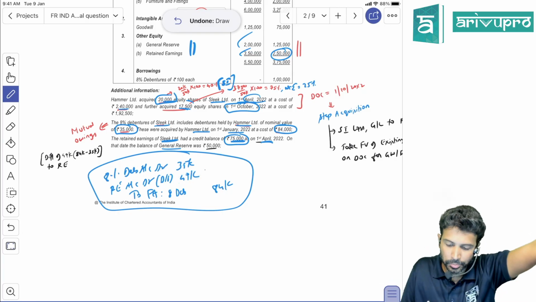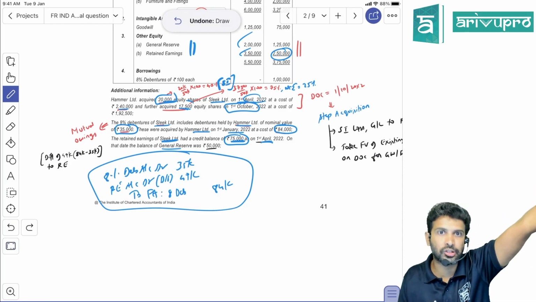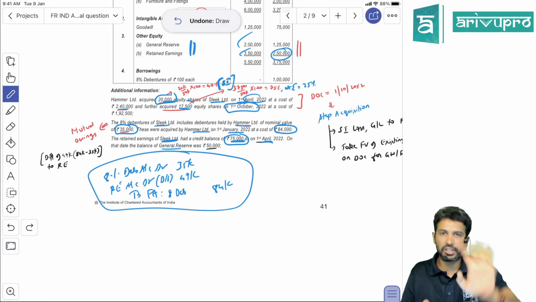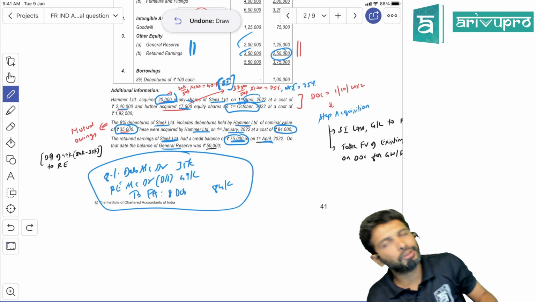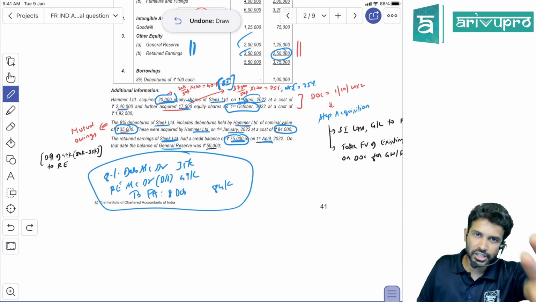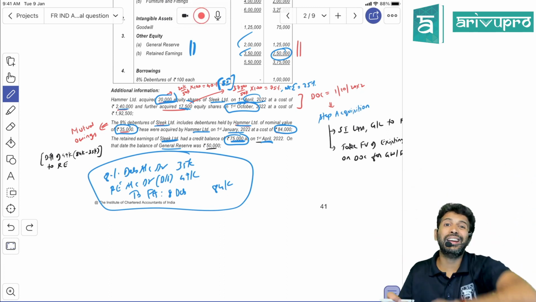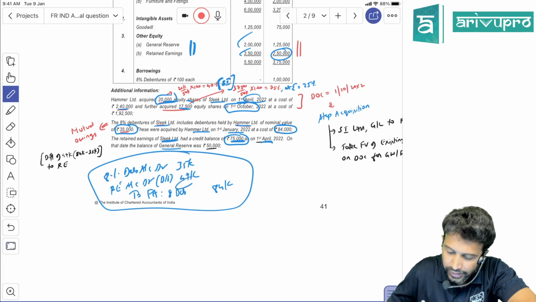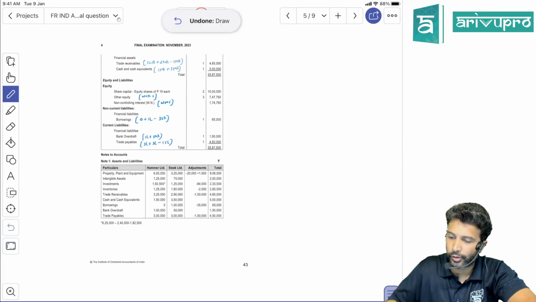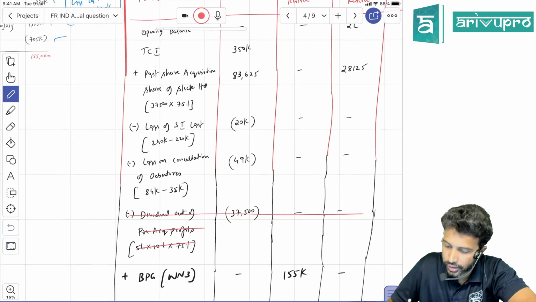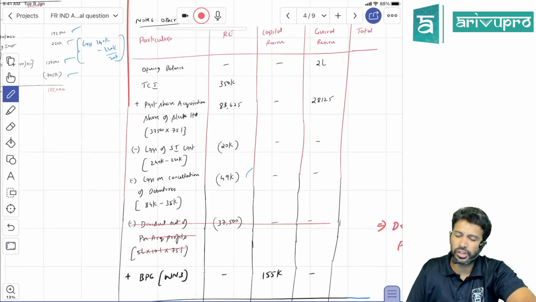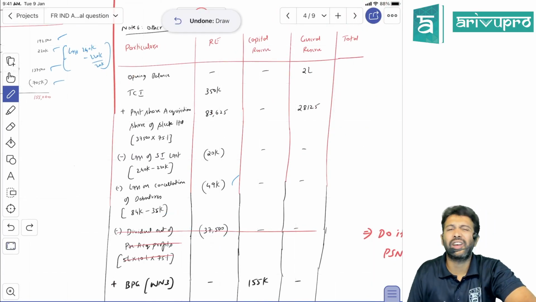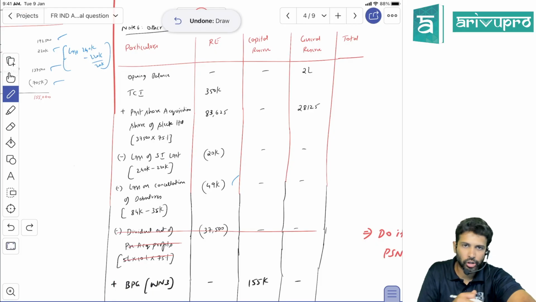If you debit subsidiary retained earnings, NCI also will bear this loss. NCI has not purchased this investment. So hence this 49,000 rupees, you have to adjust only in working note number 8, which is parent retained earnings. Since you're debiting, the retained earnings balance will reduce by 49. Check, have they done that? Yeah, here I've reduced 49,000. There's one more adjustment. This pre-acquisition dividend adjustment will not come because, as I told you, the logic there. Yes, sir.